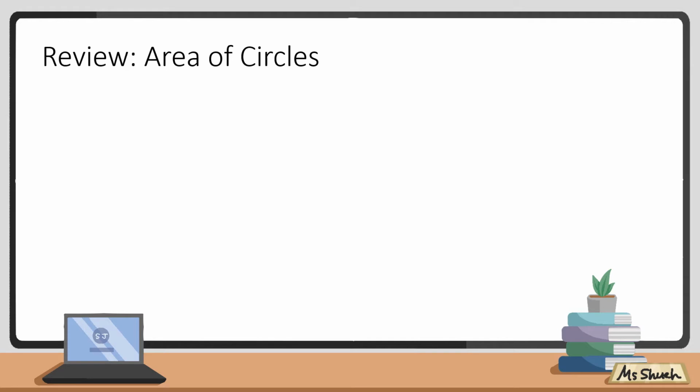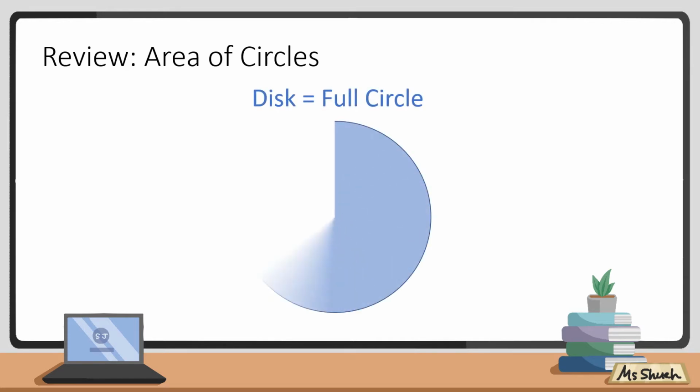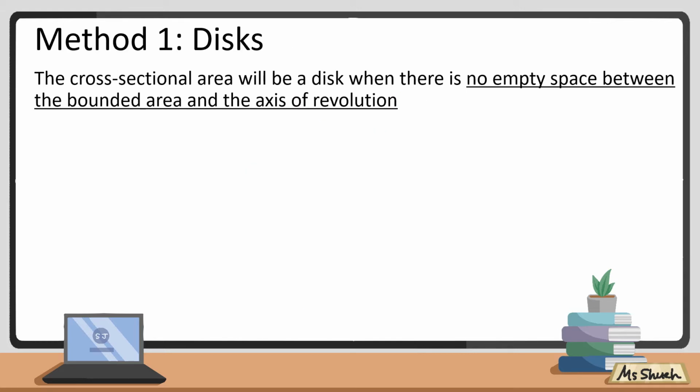A disk will be a full circle. So to find the area, we will take the radius and square the radius and then multiply by pi. So area equals pi r squared. The first method of finding the volume of a solid of revolution is using disks to integrate different areas of disks. The cross-sectional area will be a disk when there's no empty space between the bounded area and the axis of